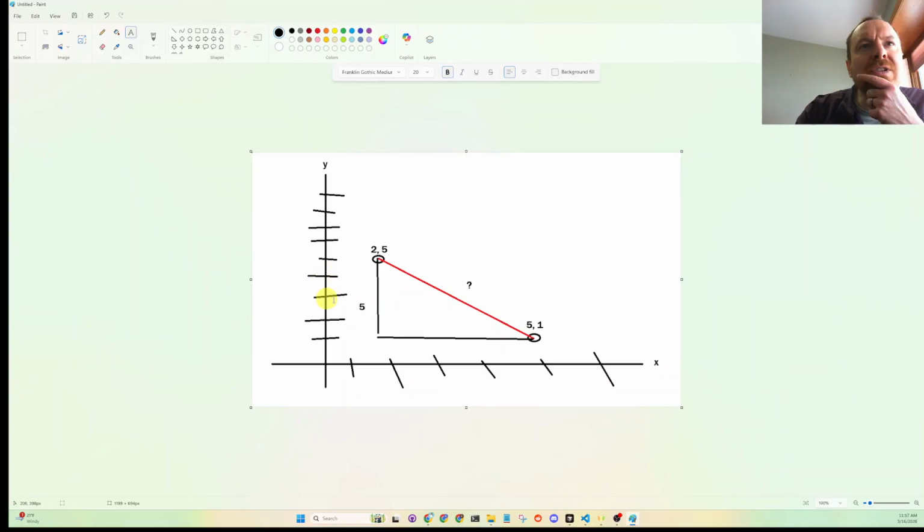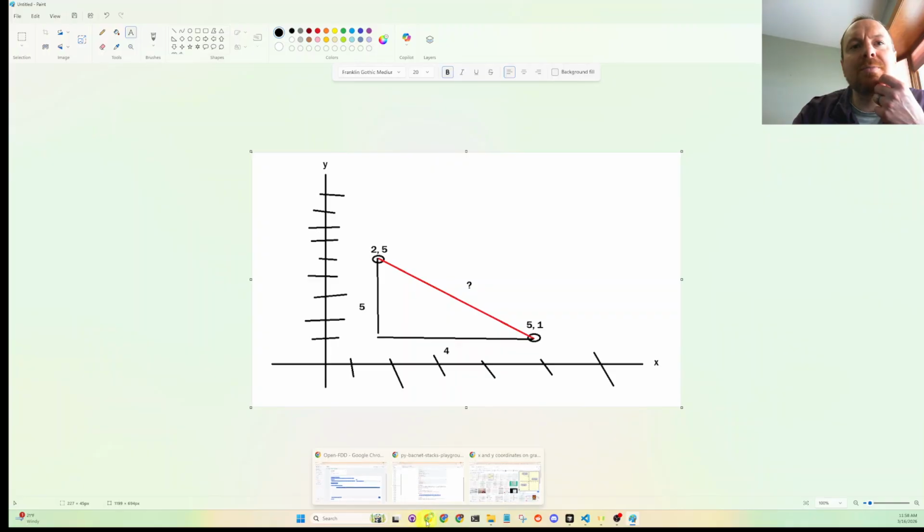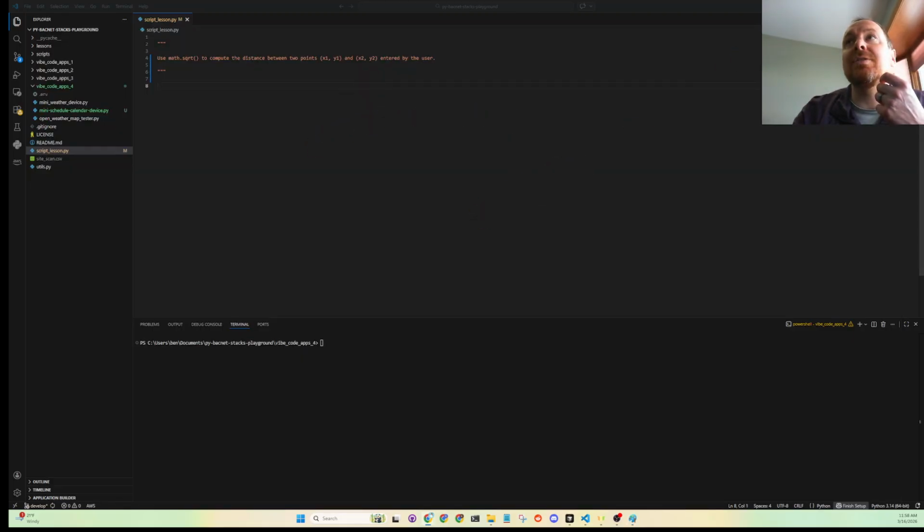One, 2, 3, 4, 5, and our distance here is 1, 2, 3, 4. I could be doing this wrong too. So, and then if we do find the Pythagorean theorem of a triangle, this would be,